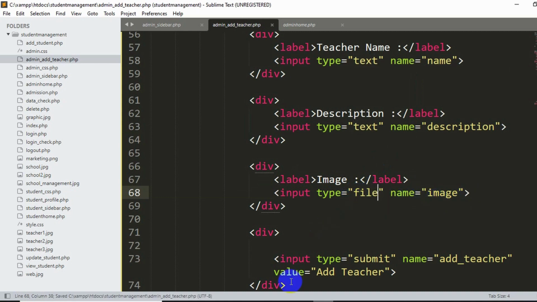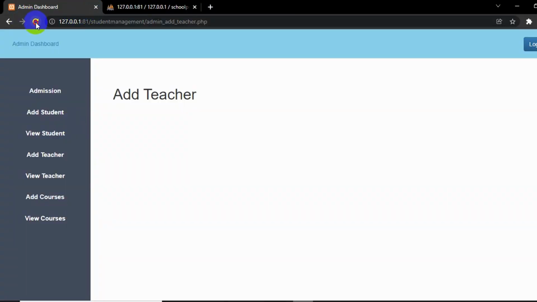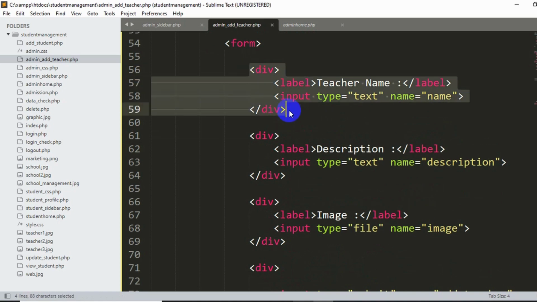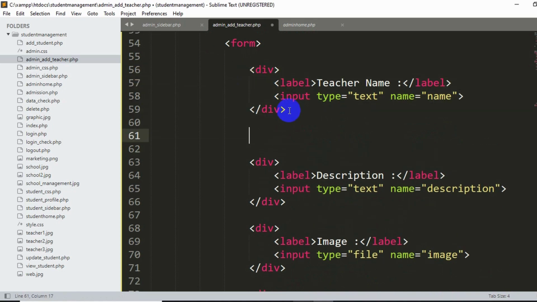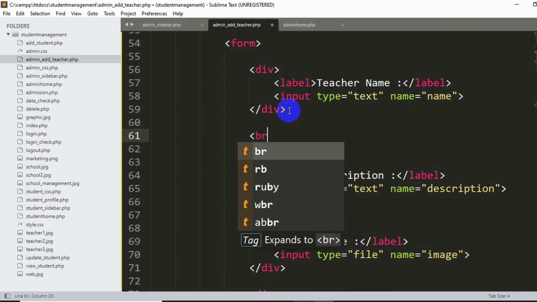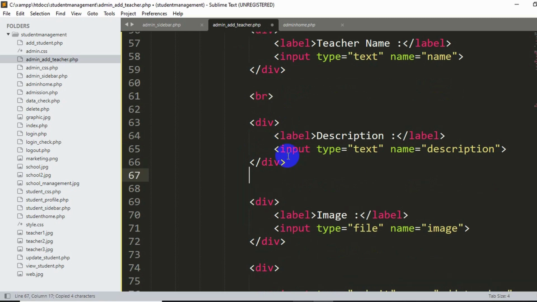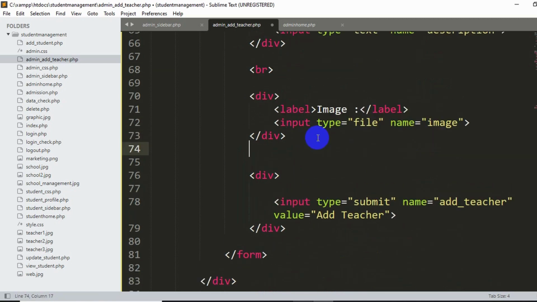So currently if we save it, then if we just refresh over here you can see we have teacher name, description, and a choose file option over here, so that we can upload the image and the add teacher button over here. So let's make a simple design over here. So let's go back to our code, and over here you can see teacher name. So after this div, we are going to give a br tag. Br tag actually makes some space or gap. So let me just copy it, and after every div, I'm just going to say br